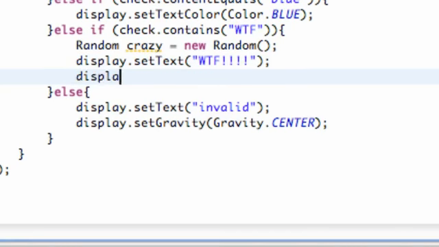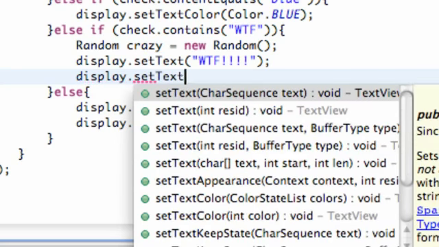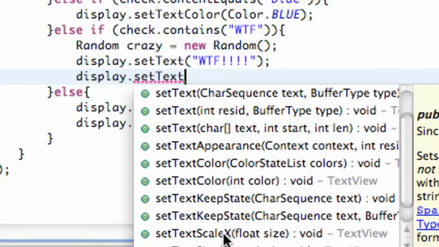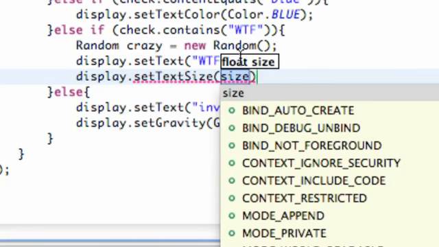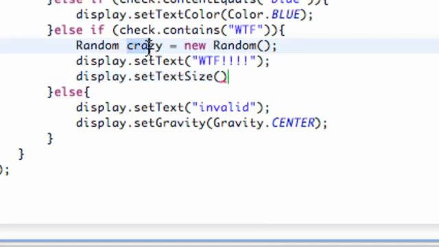So again we can say display dot set text size, and here's where the beauty comes in, because we could just say 10, or 50, but instead we can refer to our random variable that we set up called crazy.